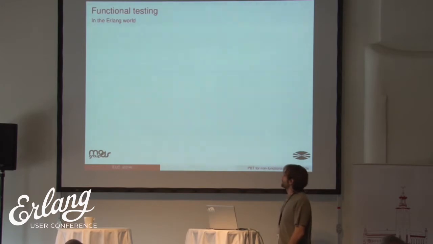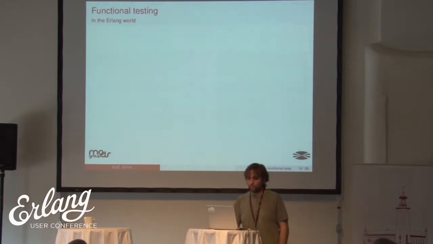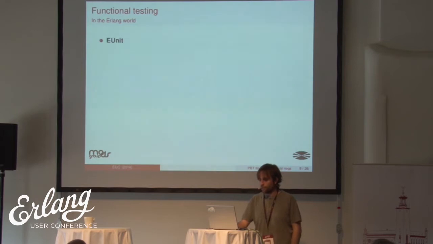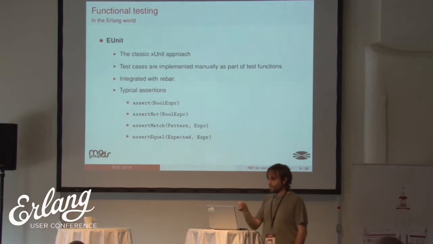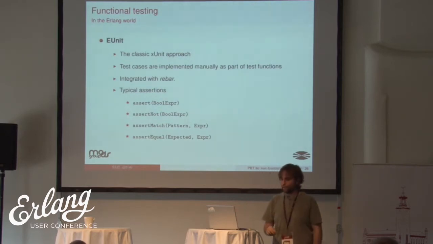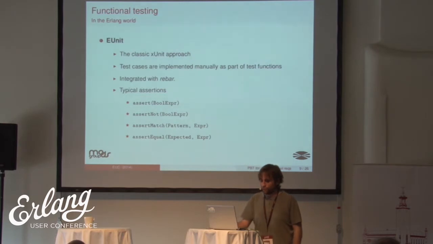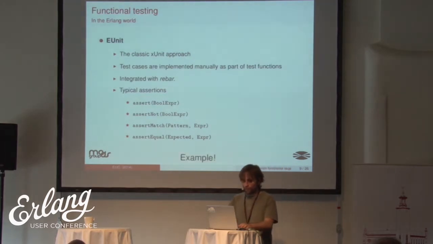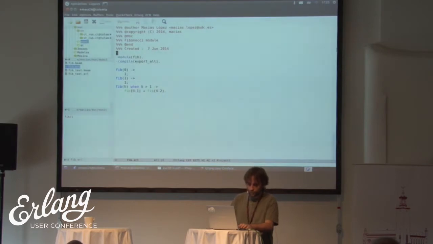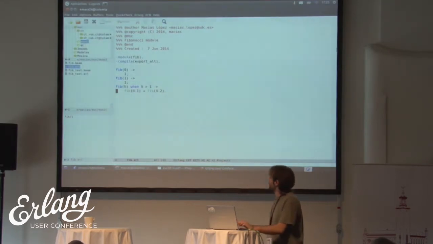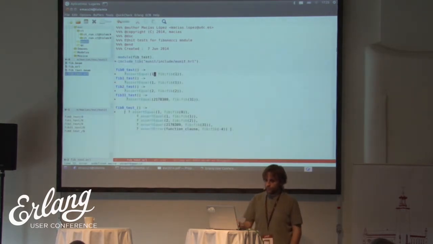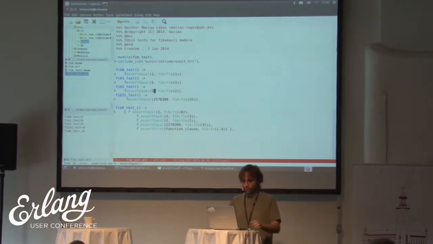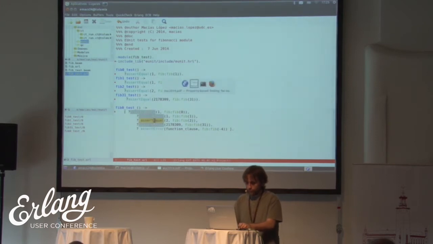What kind of tools do we have in the Erlang world for functional testing? Probably you know every one of them. To perform unit testing, we have eUnit. The test cases are manually implemented as test functions. We have assertions to check specific values. I have a little sample here if you want to see. It's a simple example, the Fibonacci. And we have here different functions. We can group or not group the assertions we are writing, and to run